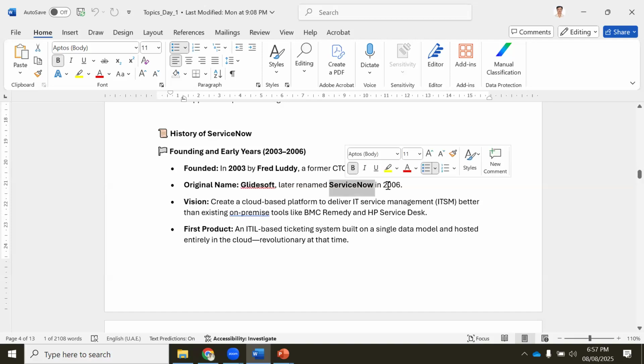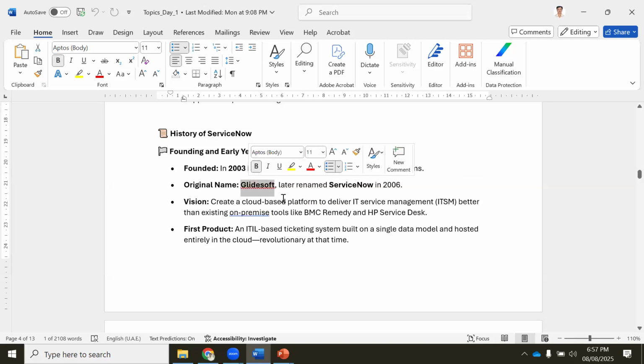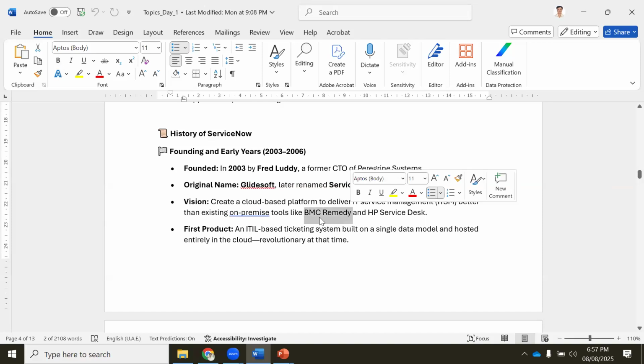So in 2006, they started the ServiceNow company. The earlier company name was GlideSoft, okay. They renamed it ServiceNow. What they did was first create the ITSM module, okay. What was their base idea? They were working earlier with BMC Remedy or the HP Service Desk tool. So by using that as a model, they started ServiceNow. I will refer to these tools when we get into them later, correct? One of my colleagues, I think Anjay, is now working on HP Service Manager, not Service Desk. This was the older version of that.